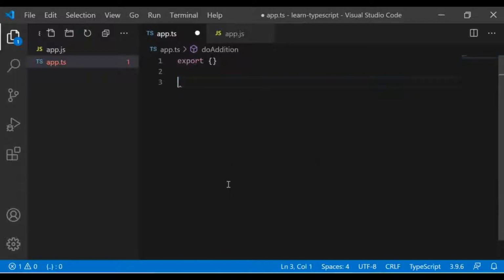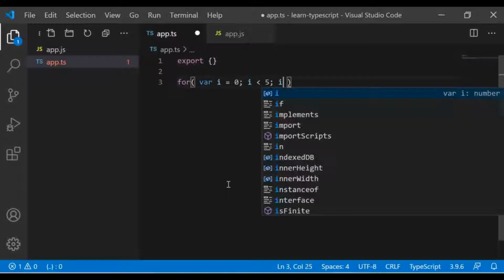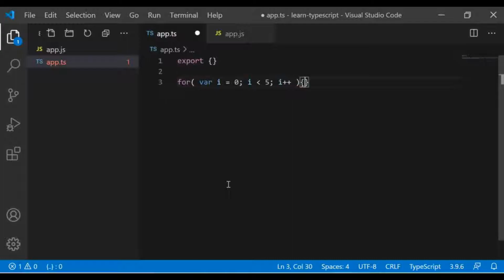So I'll show you one more example like this. Imagine we have a simple for loop here. Okay, a variable i equal to 0, and it ends before 5.